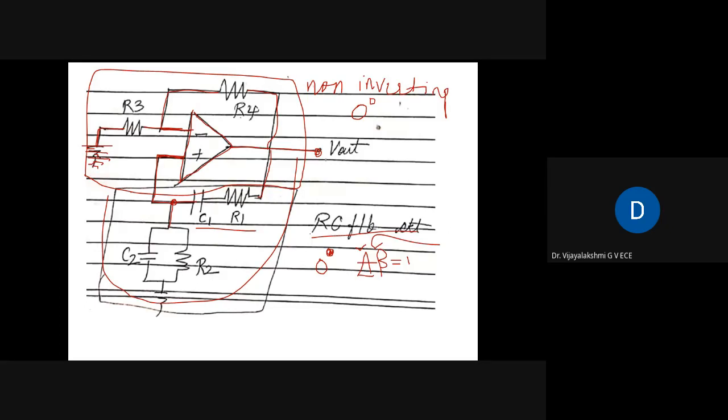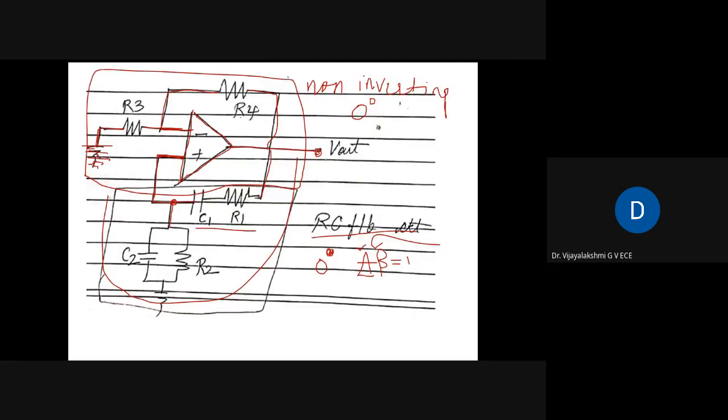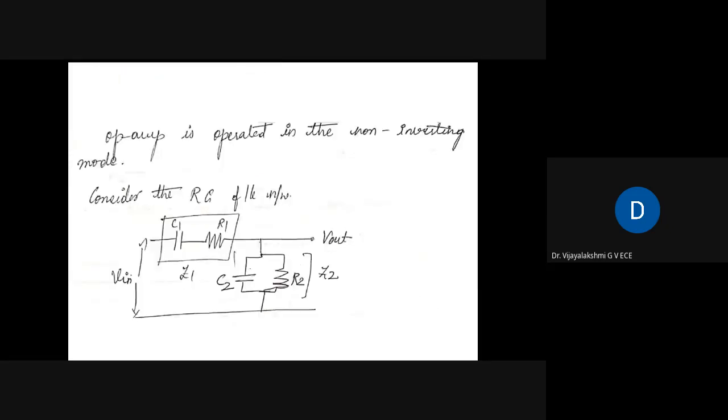So I think now we are clear with the amplifier part, the feedback part, and the phase shift introduced. Now, to derive the frequency of oscillation, I'll consider only the feedback part. The feedback part has two stages of RC. In one RC they are in series, in the other RC they are in parallel. So I've considered only the feedback part, and I've redrawn here C and R in series, and C and R in parallel.